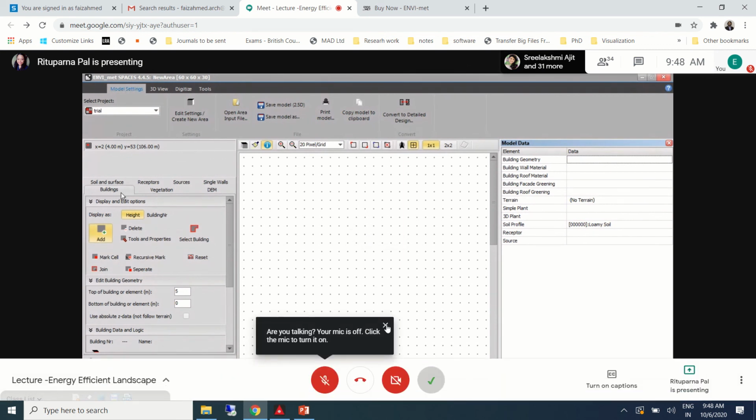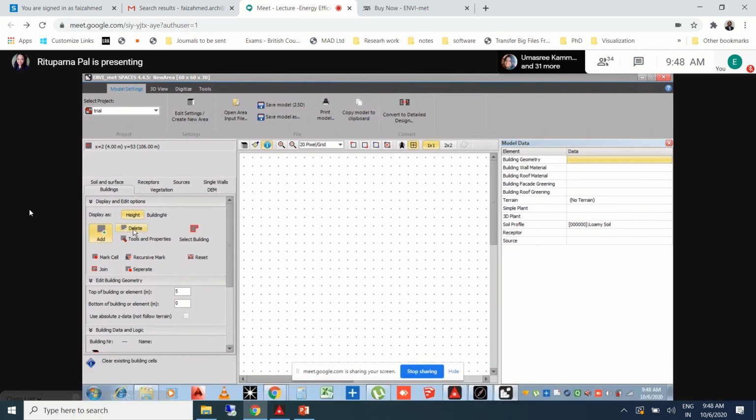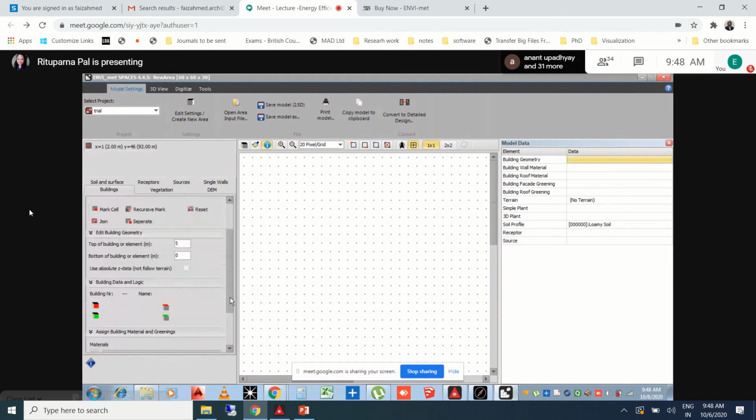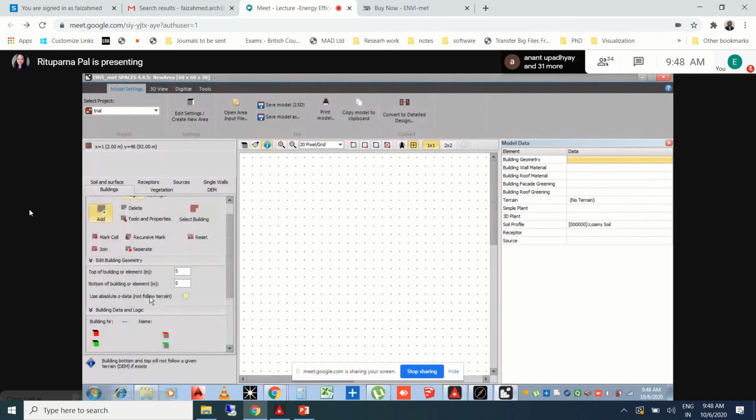Under buildings, when you click on buildings, you find display as height, building number, add, delete, tools, select building, etc. We just have to click this building option where you can see edit building geometry and a few options. Everyone is on the same page and following what I'm saying?